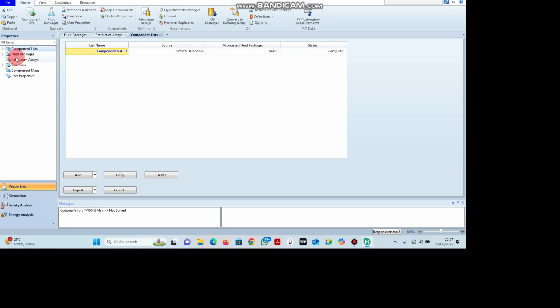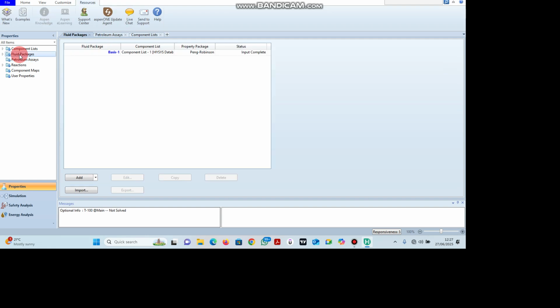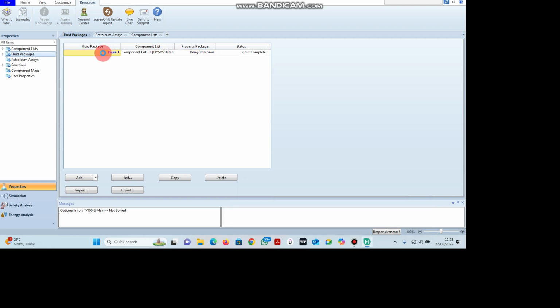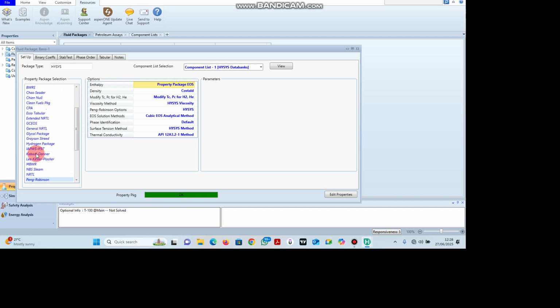The next thing is you choose your fluid package. The fluid package here I've already selected. You see the property package is Peng-Robinson. Use this correlation when you're dealing with hydrocarbon systems. Use it when you're dealing with hydrocarbon, right? So use Peng-Robinson. If you double click on it, you can actually change it. You can maybe take